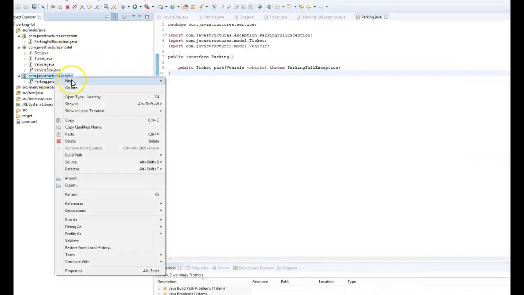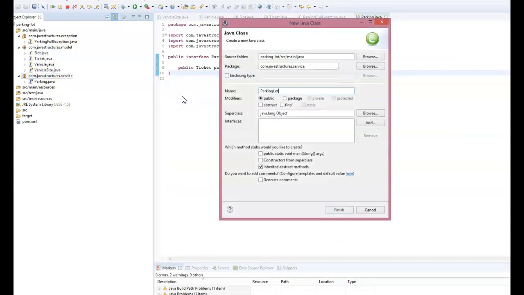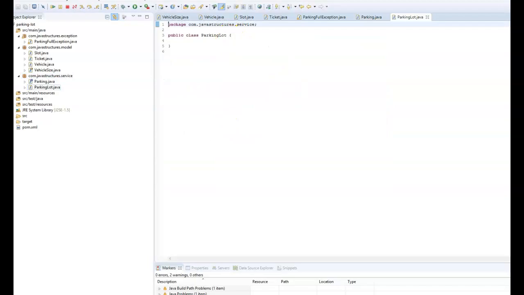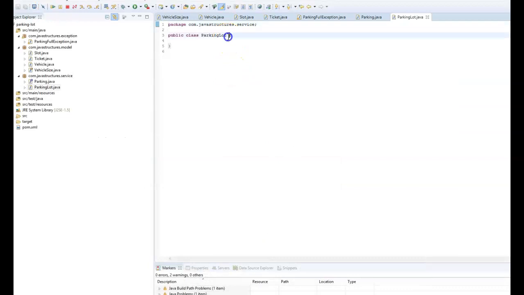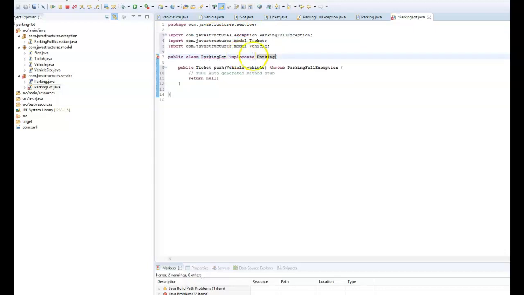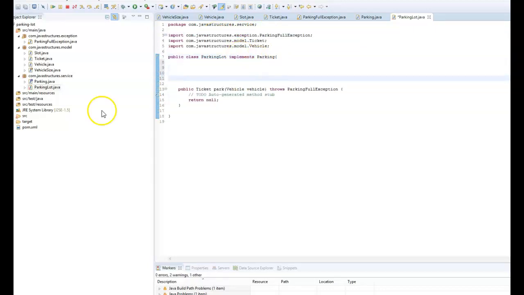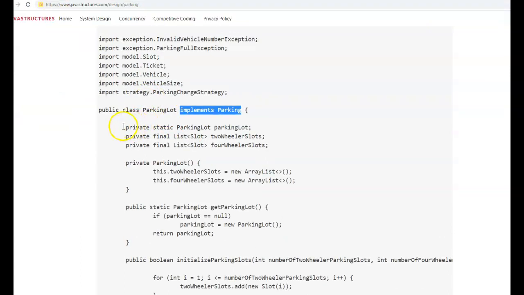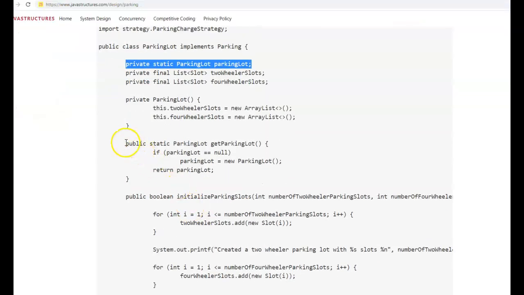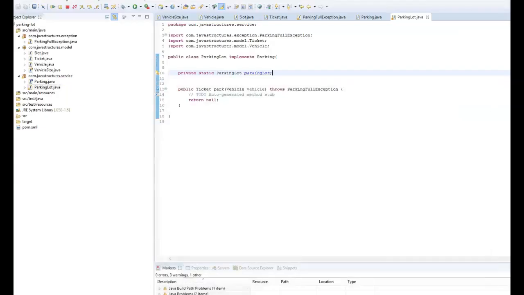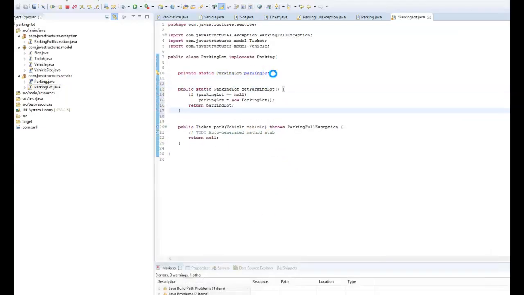So for this, go to the servers package and create a new class named parking lot. This will implement the parking interface. We need to implement the method here. So here first the parking lot instance, also the get instance. The constructor will be private.